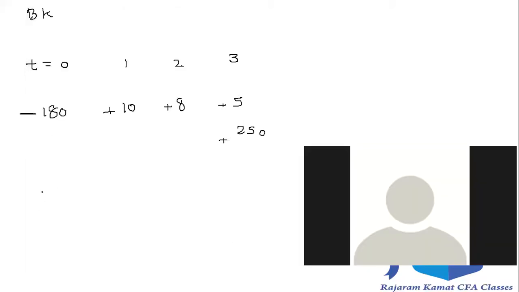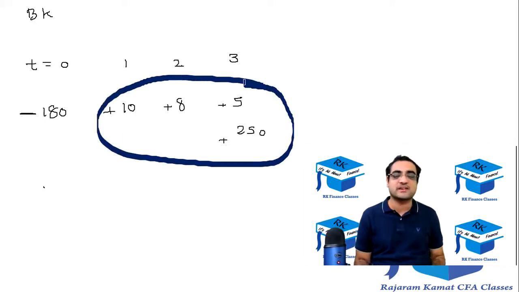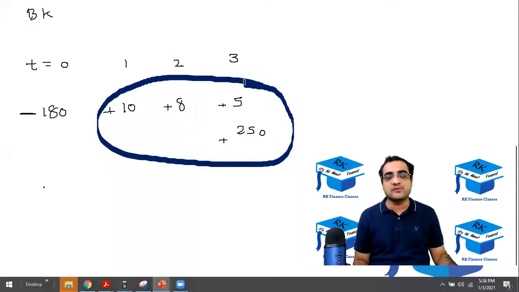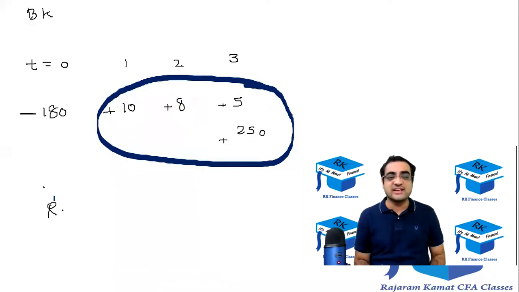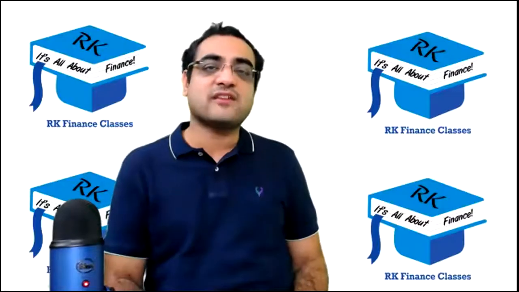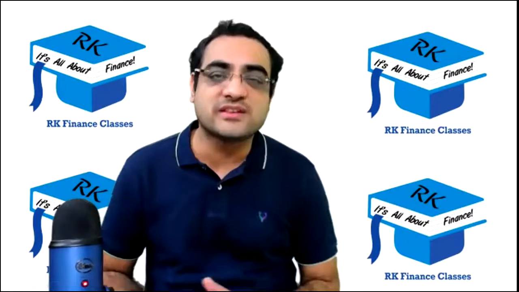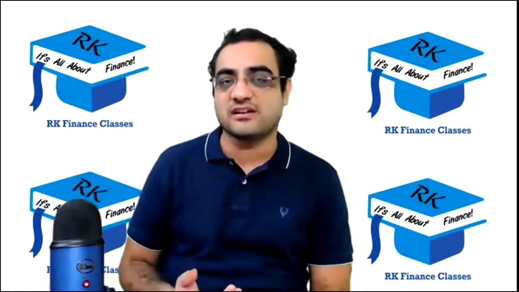15.53. Which means the estimated return of the Burger King is not a guaranteed return, because dividends are not guaranteed. All these dividends are expected. The selling price, the dividends, all are expected. So the return that is coming, 15.53%, is an estimated return. It's not like an SBI bank FD, where it would be written that 6% return would be paid. So 15.53 is not a printed return, it's an estimated return.